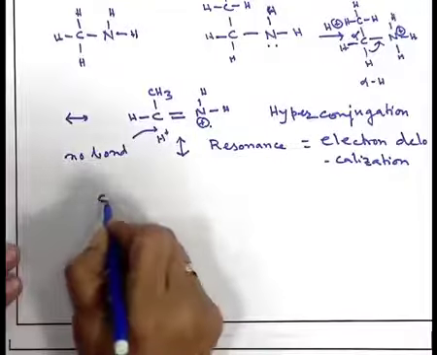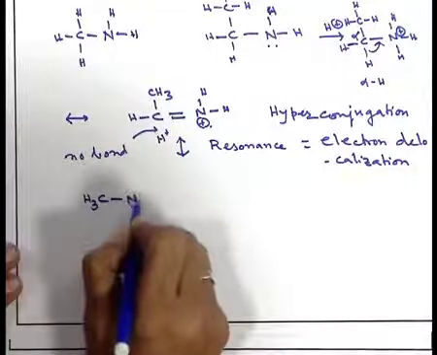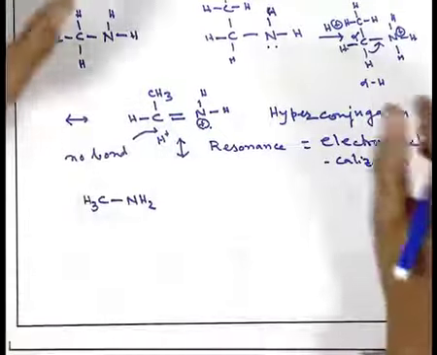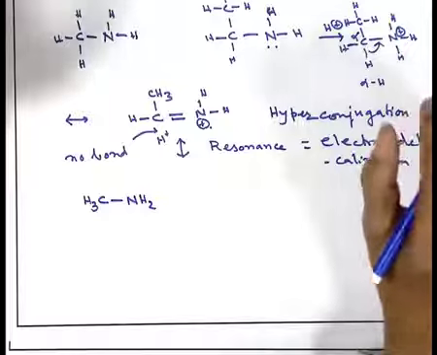Now, let me take a very simple example. We understand that the simplest compound like methylamine is a nitrogen containing organic compound. It has a methyl group and an amine group. If we substitute the hydrogen atoms of the amine group by the methyl group, the electron density increases by hyperconjugation and also by inductive effect, because an electronegativity difference is there between carbon and nitrogen. So, the bond being formed between nitrogen and carbon will be shifted more towards the nitrogen atom.